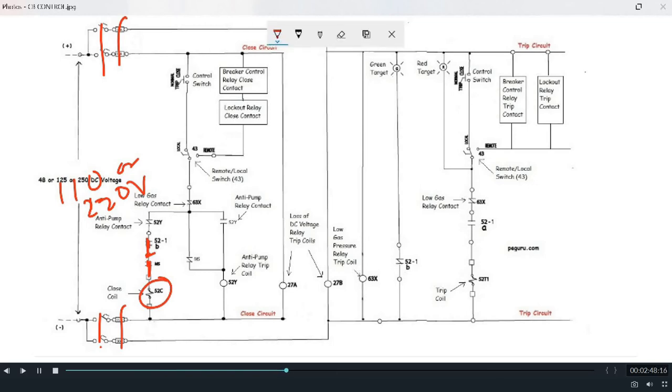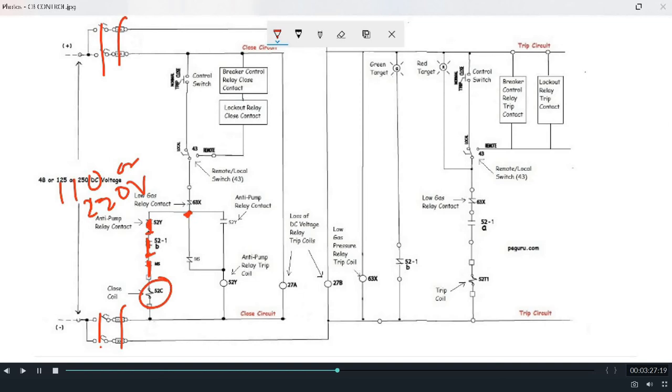The anti-pumping relay is a relay which gets activated when the circuit breaker is in closed condition. But in this condition, before the circuit breaker gets closed, the anti-pumping relay will be inactive. So the NC contact of the anti-pumping relay will be closed in this situation. Hence the negative signal will further forward towards the 63X NC contact. Before we talk about the 63X relay, we shall talk about the anti-pumping relay. Anti-pumping relays are relays meant for blocking the circuit breaker from getting the closing signal repeatedly when the circuit breaker is in closed condition.